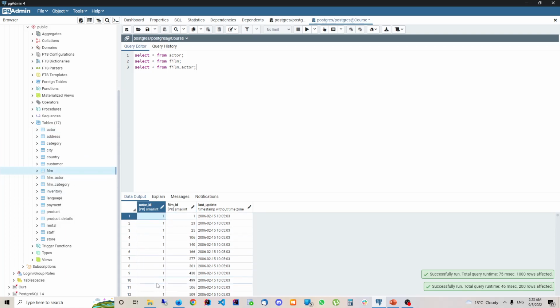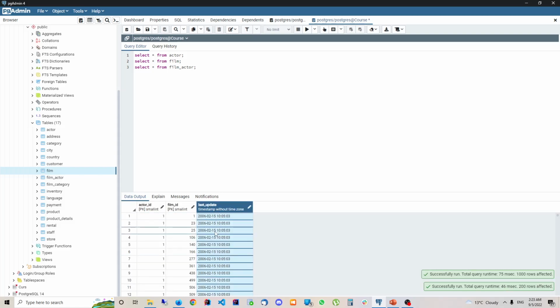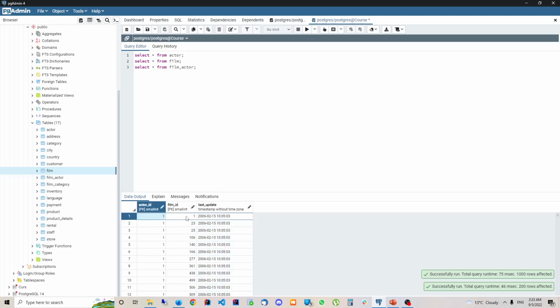And basically, let's say that this actor 1 is going to play in several movies, which is pretty much a real case scenario. And as you can see here, we also have another column. You are not limited to just 2 columns, but the condition is that these 2 columns should be unique. The combination between them should be unique. For example, I can't add another row that has the number 1 here and then the number 23, because Postgres will give me an error because the row already exists. This is called